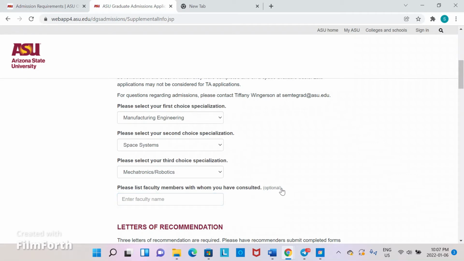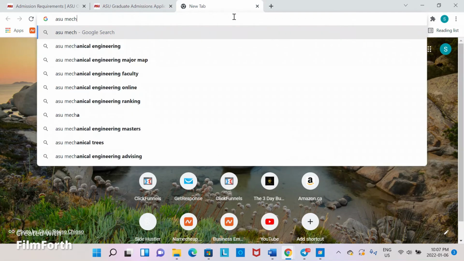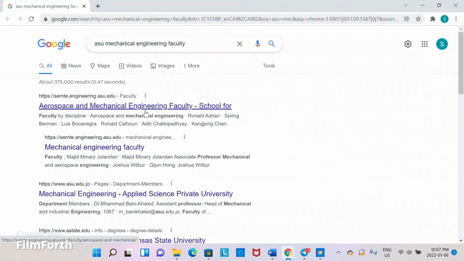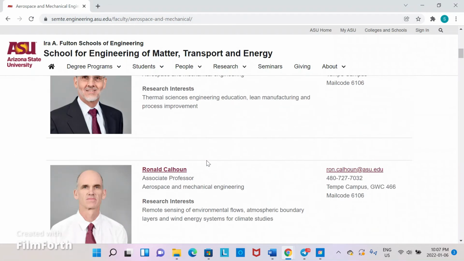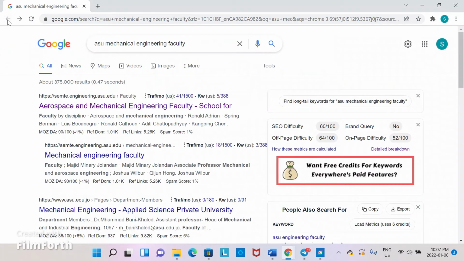Please list faculty members with whom you have consulted. That's optional, so you don't need to put a name here. But if you want, you can go on Google and search for ASU mechanical engineering faculty. Here you will find so many faculty names. If you have contacted them, then and only then add the name. If you have not contacted any of them,